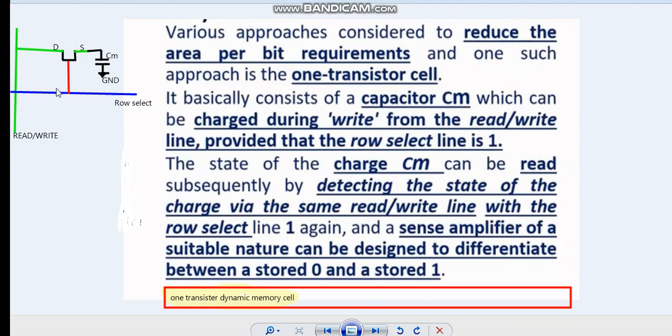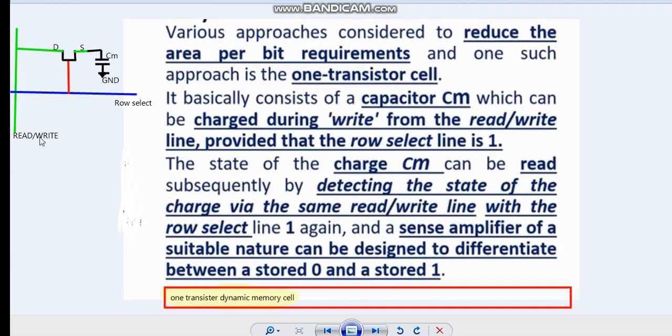Now let us look into this here. It basically consists of a capacitor CM, which can be charged during a write from the read and write line. This is the green color that I have shown.